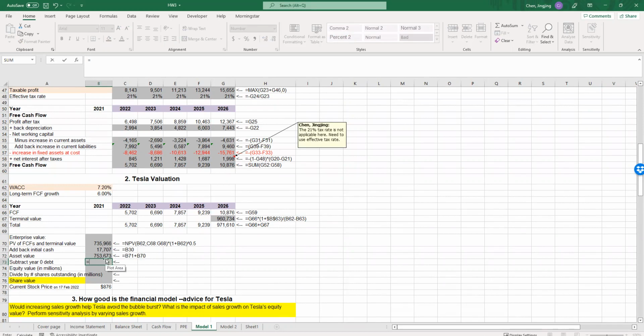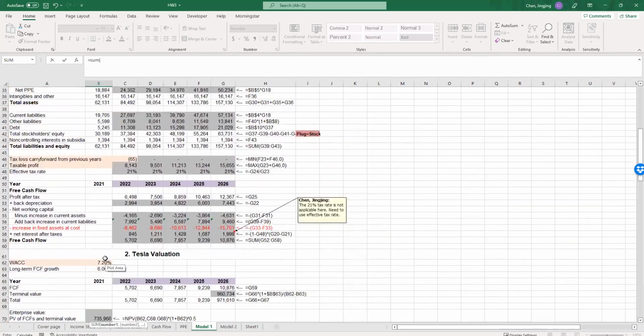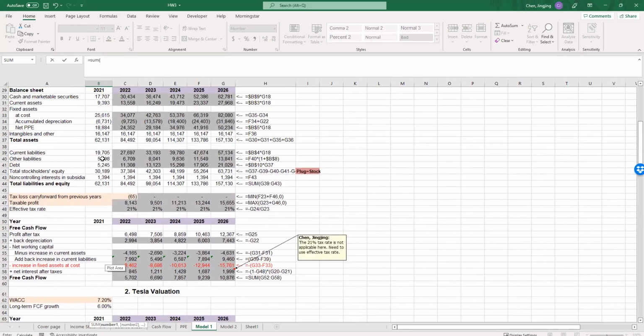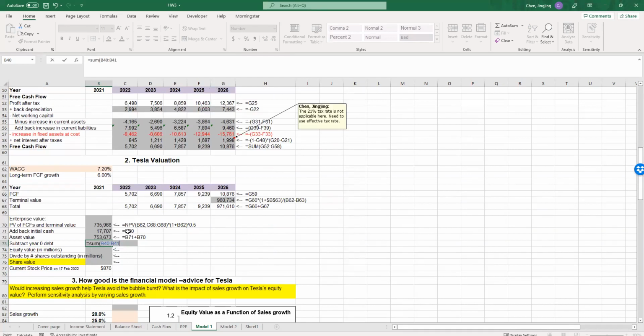So first find year 0 debt equals the sum of year 0 debt equals here. So there should be a minus equals